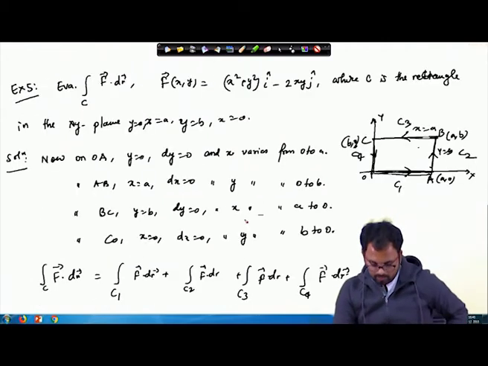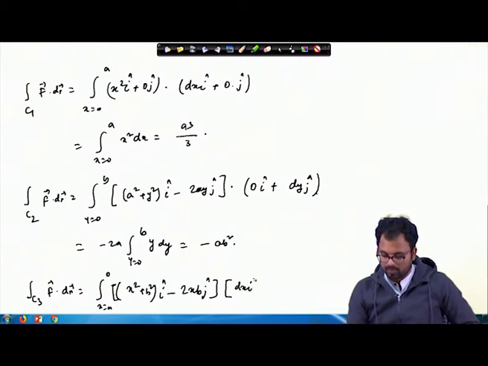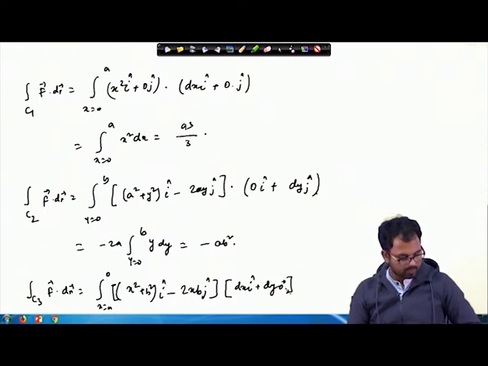So dx is fine, and dy is 0. So we can write dx i plus dy j, with dy equal to 0. So when we integrate, this will ultimately give us